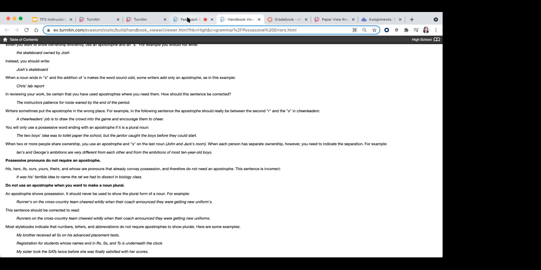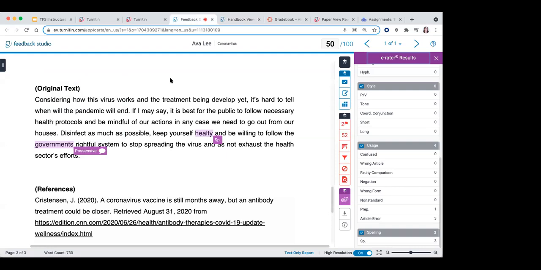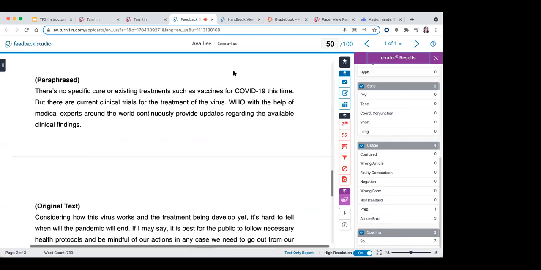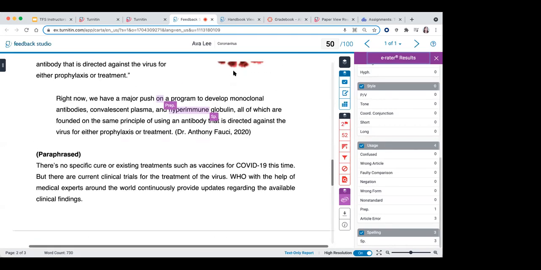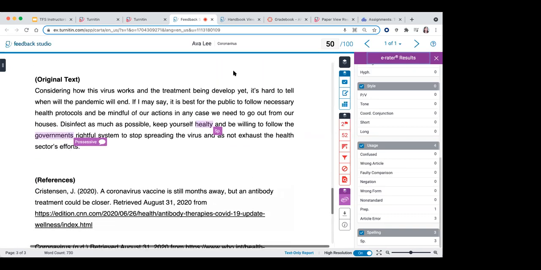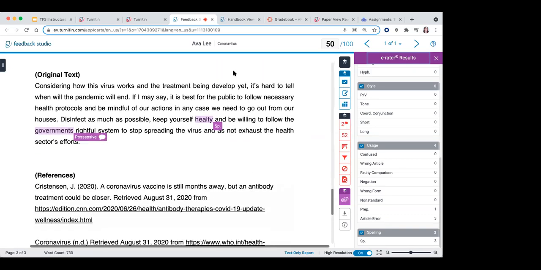Yes, it's possible for the ETS Eraser to have false flags. False flags can be seen in a lot of grammar checkers because there is no grammar checker that is totally perfect. It's really up to the instructor if they think those flags are acceptable or not. They can surely dismiss those false flags if they think it's not really an issue at all. Okay, so there you go. Now,